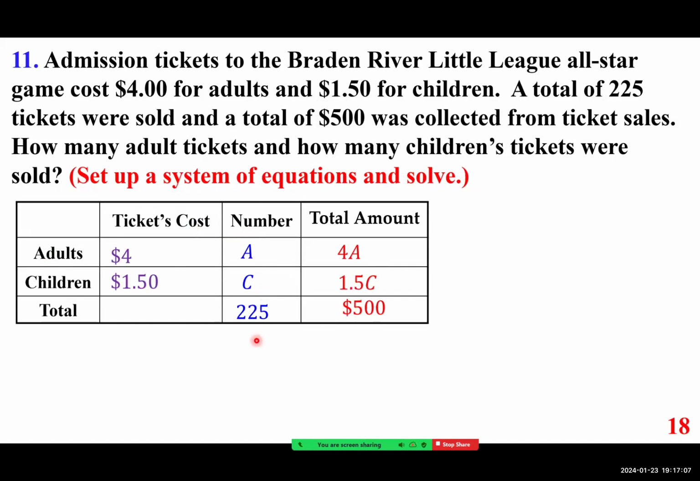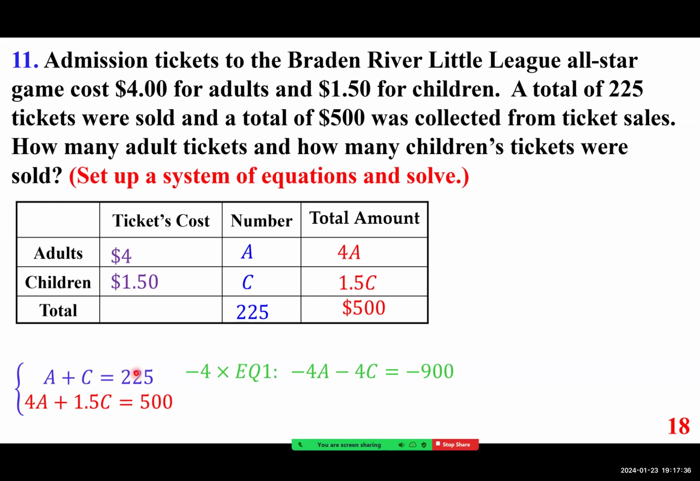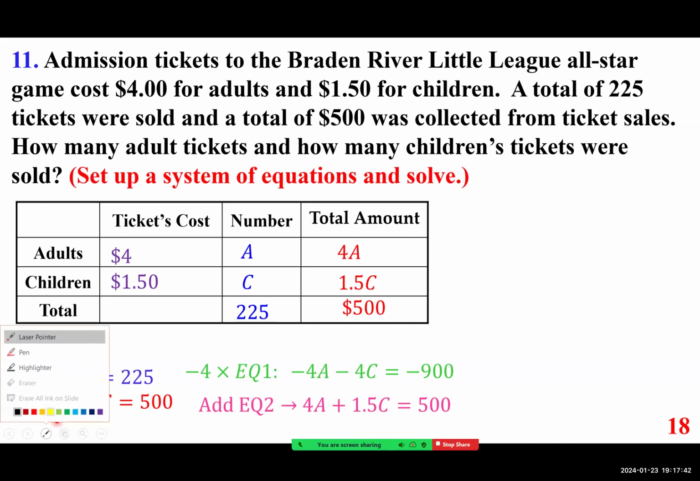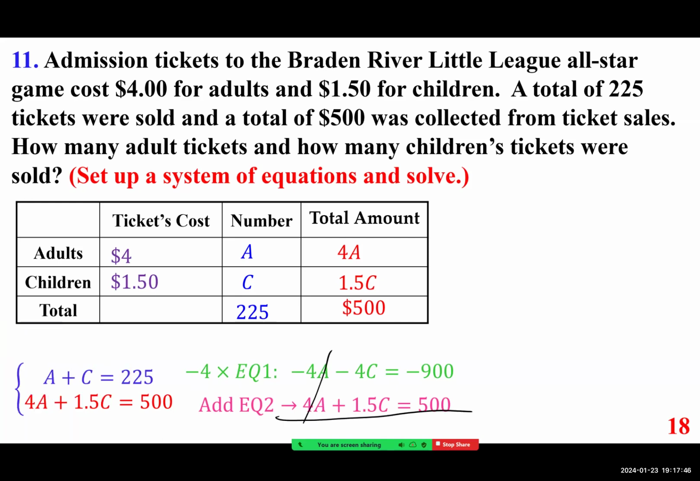And so this gives us one equation, A plus C is 225, and this gives us the second equation, 4A plus 1.5C is 500. You can use any method to solve it: substitution, elimination, you name it. If I multiply the first one by negative 4, I can get rid of the A, so it becomes minus 4A minus 4C equals minus 900. I'm going to write equation 2 the way it is and add them up. As I add them up, these two cancel each other. I get negative 2.5C equals negative 400, and I can divide